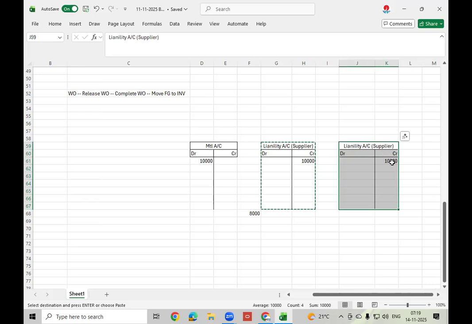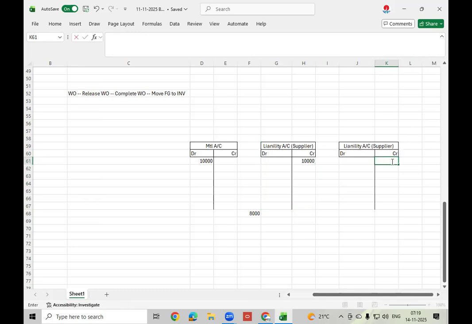So once payment is done, my cash account will credit for 10,000. This is entry for cash payment. This entry was created for what? Material transaction, material value.